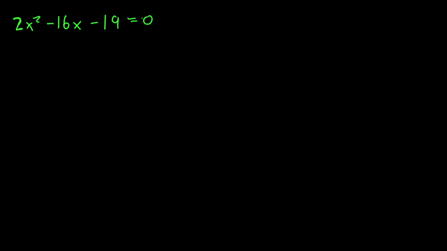So once again, we're going to put brackets around our first two terms. But this time, you might notice that a is no longer equal to 1. So we have something to factor out. So I'm going to factor out the 2. And I'm going to be left with inside the bracket x squared minus 8x, close the bracket, minus 19 equals